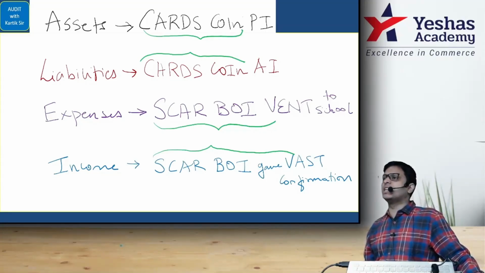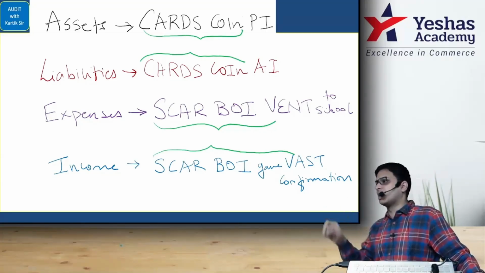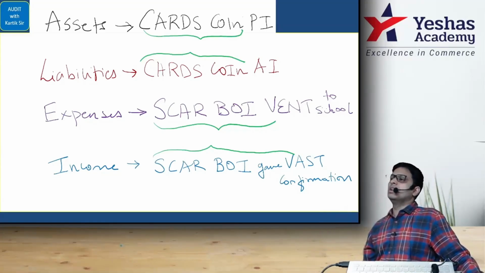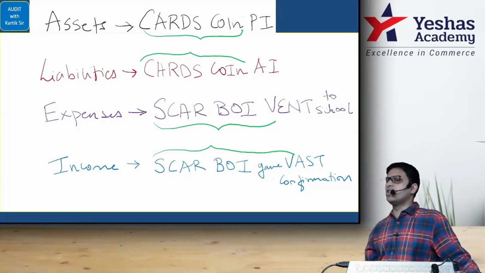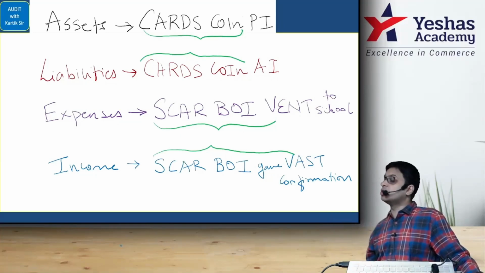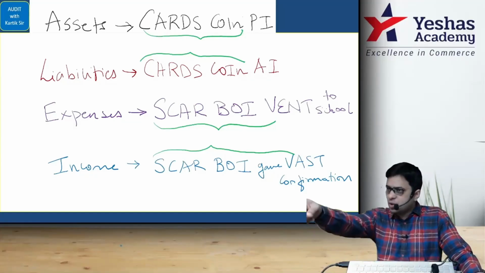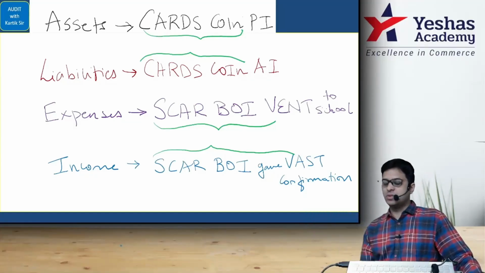Easy. Classified means what, right there? Revenue or capital, right? Classification will always be revenue or capital. Tell me, repairs done to a machine which does not increase the productivity of the machine: revenue or capital? Repairs done on the machine that increases the production per day from 1000 units to 1200 units per day: capital. Correct? That is what you are doing. Classification. Are you there with me? Yes or no? Understand properly?